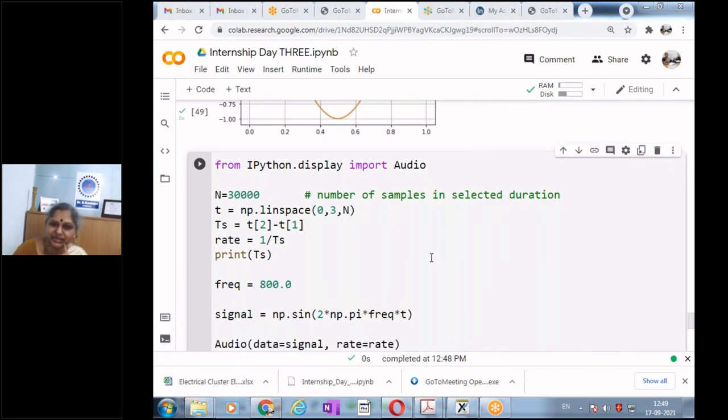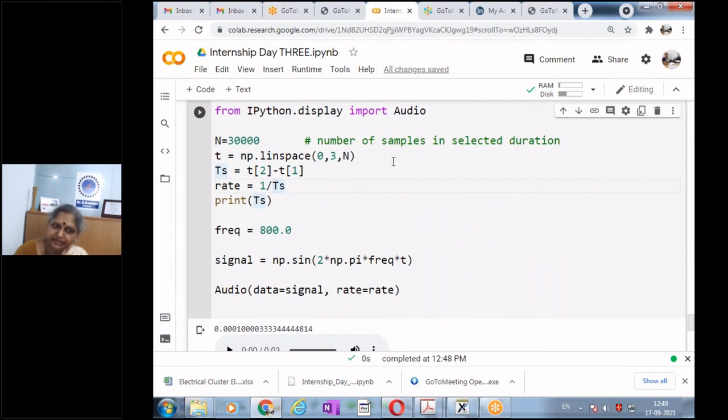And now this is something you can type if possible. Otherwise, this is a new function I am trying to import. I am importing an audio file, and what I am trying to do here is I am defining again time, and I am defining the time interval between the two signals, and then I'm having a rate, and then I'm taking a frequency, and I am using this audio function, which is an inbuilt function in Python. And then why I'm doing this, I want to hear the sine wave.